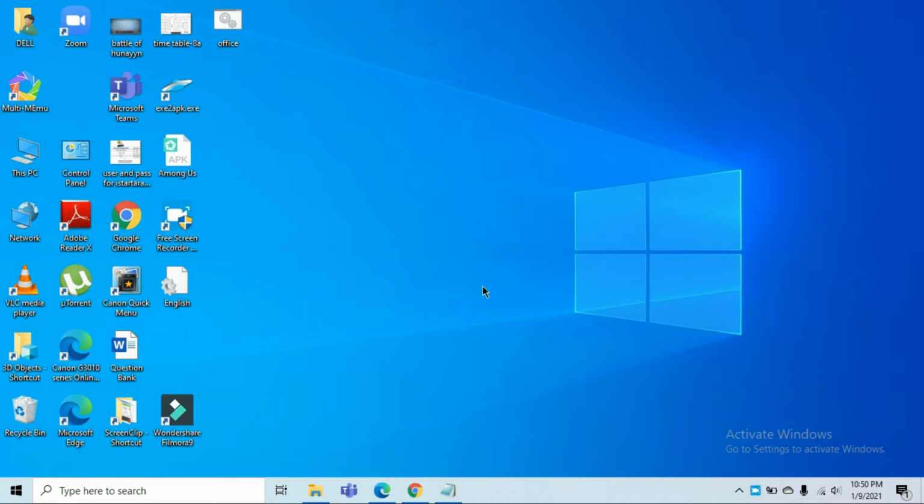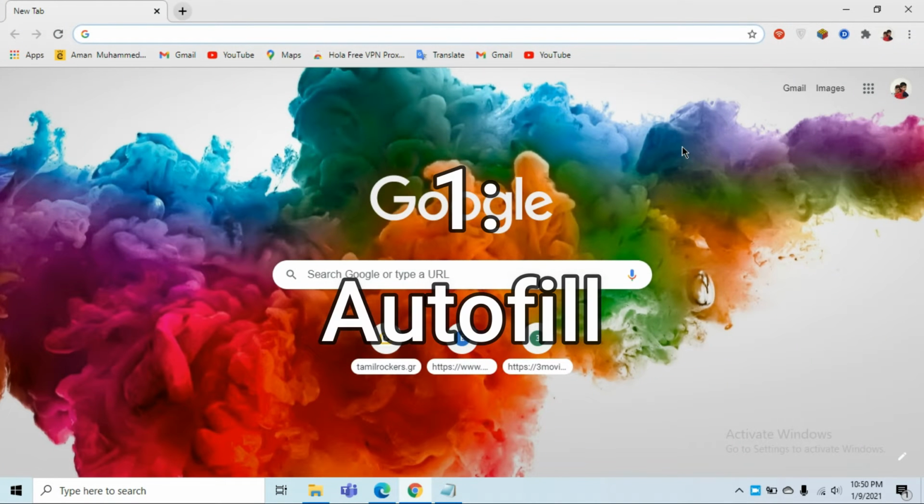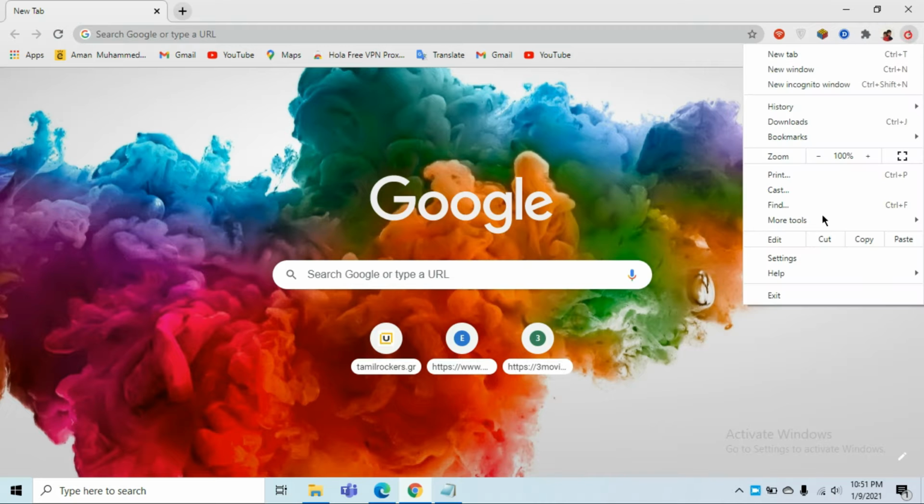In today's video, I'll be introducing you to the last part of Chrome tips and tricks. So let's get started. The first one is an autofilling feature. As you all know, autofilling features are used for automatically filling forms, site information on websites, or even filling Gmail information that are valid. To do this, you have to go to settings